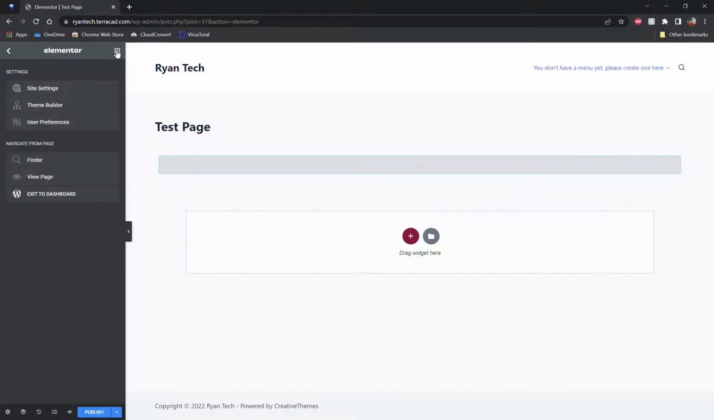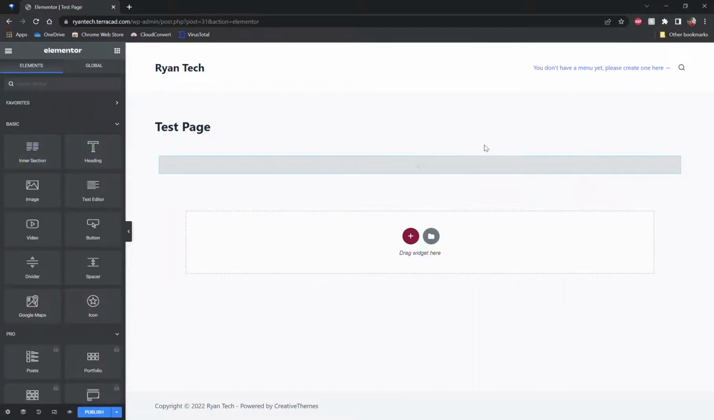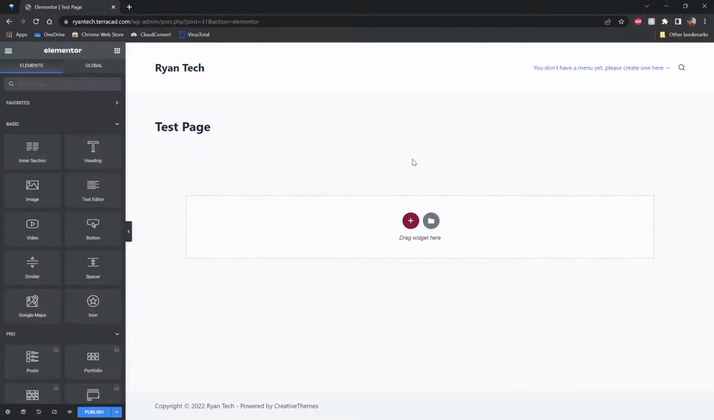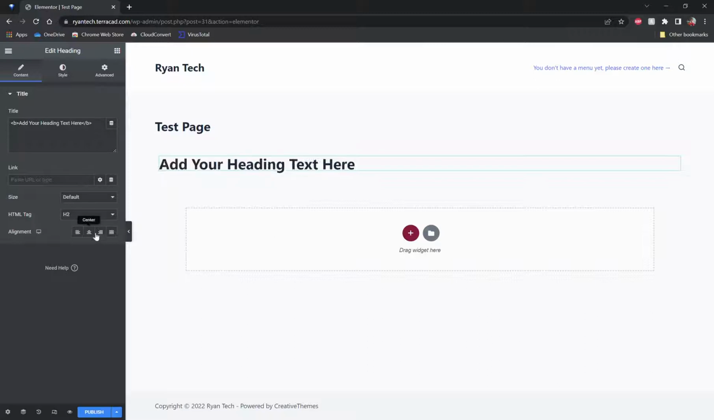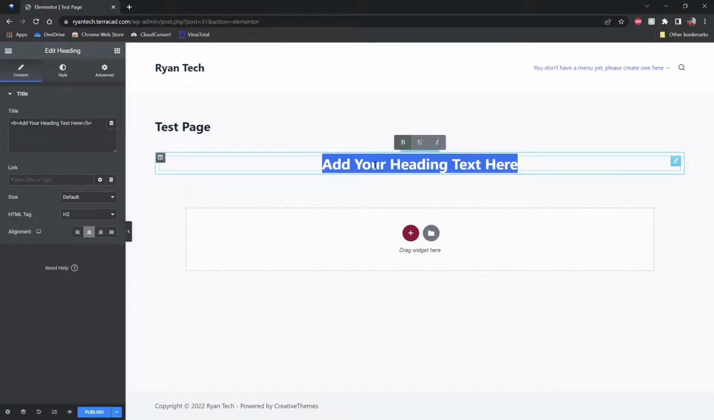What I would use Elementor for is basically having more control. Elementor is a bit more advanced, but you get a bit more control. So you could open a text editor, you could open a heading. Now let's say we want to have a heading, for example. We could change the text to be bold. We could align it to the center. We could make the title test page. We could press Control U